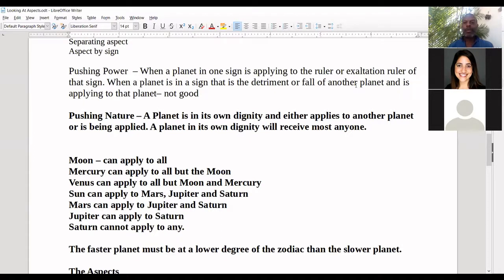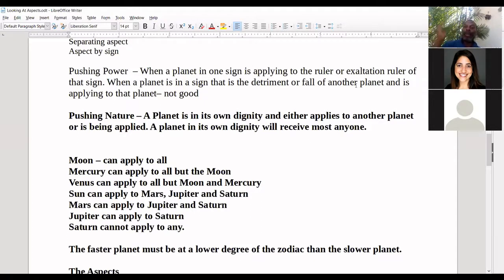Yes, it would. Becca asked if Jupiter in Cancer, exact sextile to Mars, would be pushing nature. And I would say, if it is an applying aspect, yes. If Mars is applying to the sextile of Jupiter, because even if it's exact, the minutes might not be exact. Mars might be at 37 minutes. Jupiter might be at 42 minutes, right?